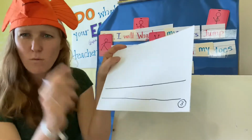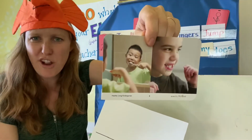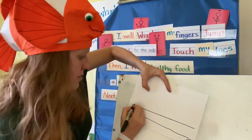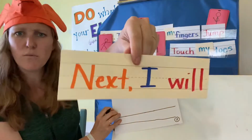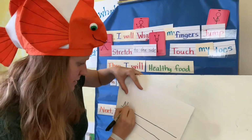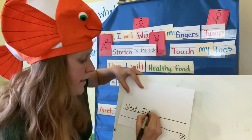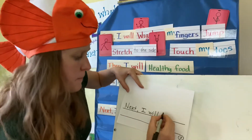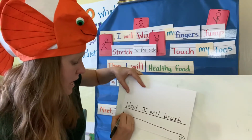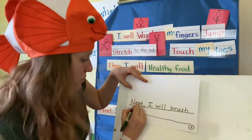Okay, so 3, I'm thinking, what habit do I want to draw? I think I like drawing teeth. I also need to remember that brushing your teeth is important. So here we go. Then, and we already did then, so actually I'm going to choose next. Next, comma, I, finger space, will, brush, I'm going to come down to the second line, my, do you remember how to spell my? What sound at the end of a word makes an I sound? The Y. I will brush my